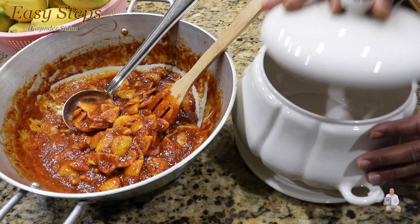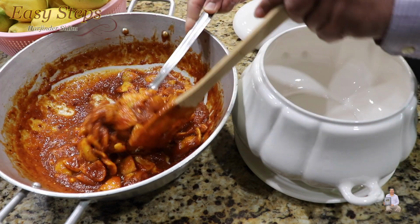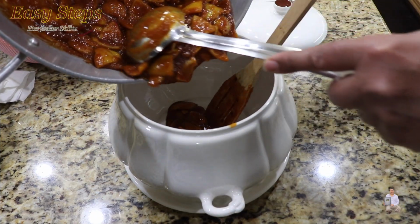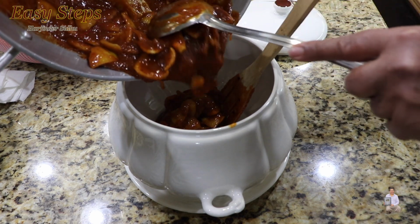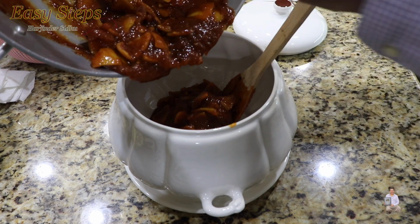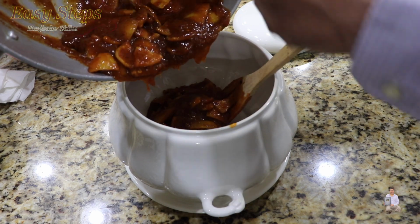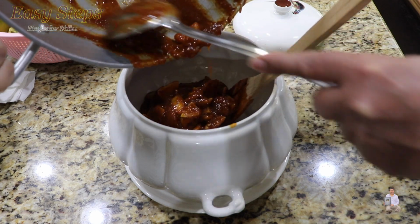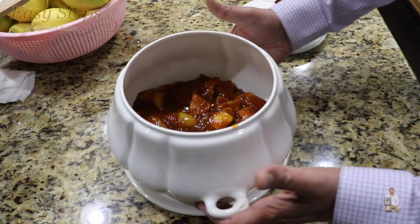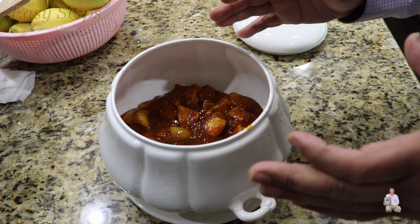So I have my pot ready and we're going to transfer this one into the pot. This is a very delicious pickle, and as you've seen, it did not take us long to cook. Make sure that we scoop out all the masala. This is all sweet and sour masala. I just made it this much so you can see how easy and efficiently we can make pickle